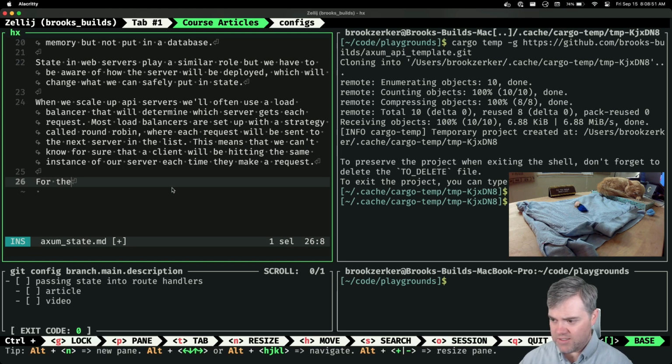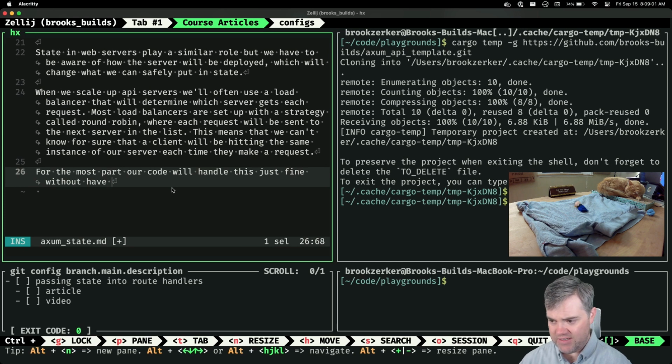For the most part, our code will handle this just fine without having to change anything.